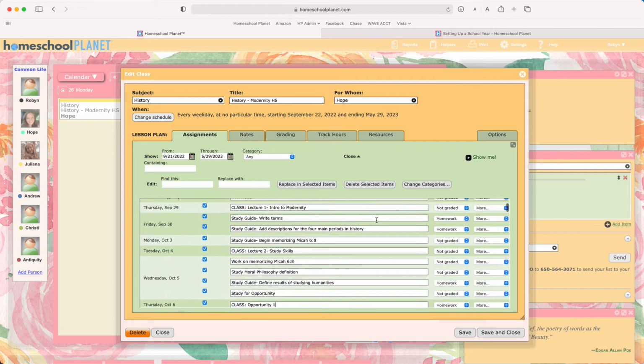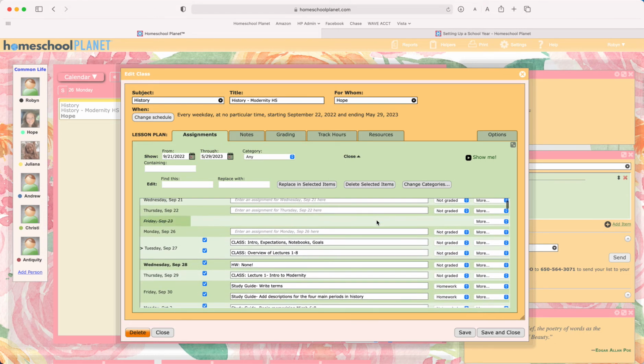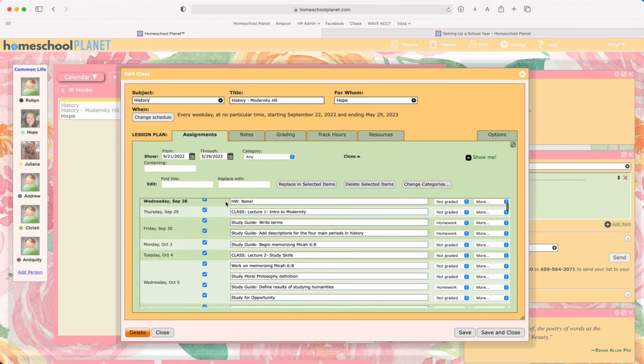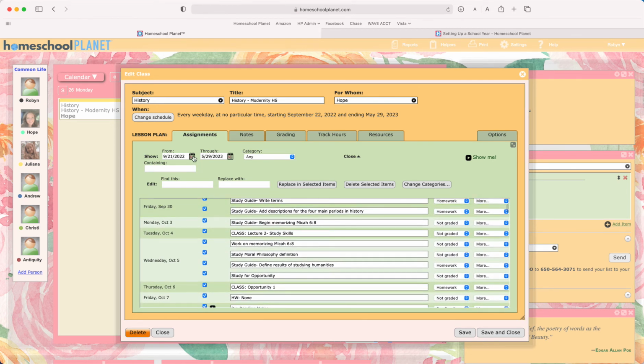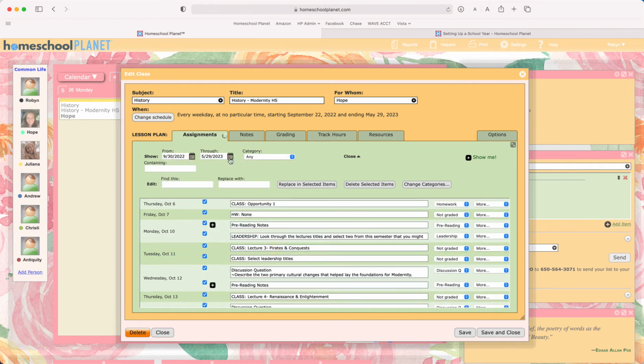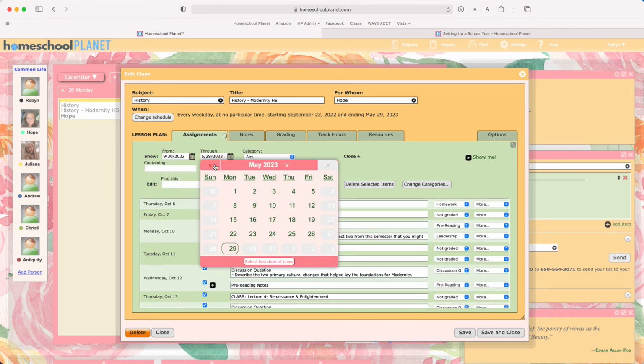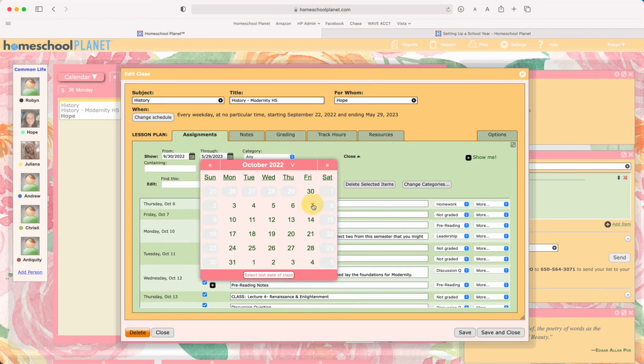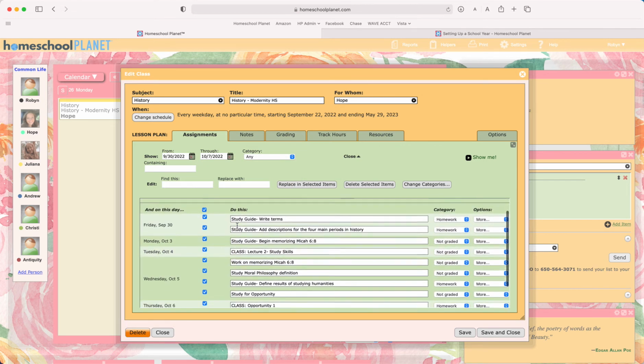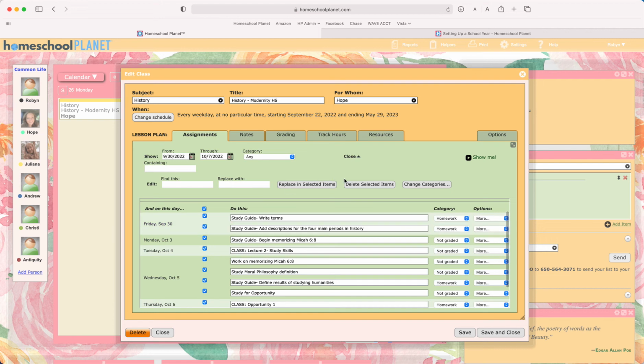I could also delete as many items as I wanted. I could say, we're taking a week-long vacation and we don't want to push the work out. We just want to delete it and pretend it never existed. So I'm going to select the dates from Friday, September 30th through, whoops, I need to go back, October the 7th. Now it's going to give me just this section, and I am going to delete all these